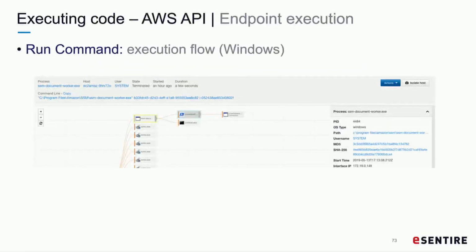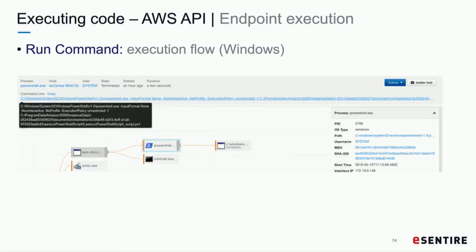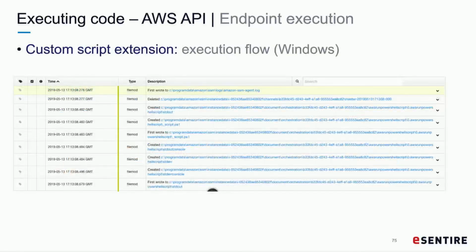The workflow for this is very similar. The SSM agent executes PowerShell, which then calls the PowerShell script. Again, because it's a script, we only get visibility into the script executing. We don't actually see what the code was on the back end. This also drops to disk. So we have data on the disk itself, but if the bad guy appended a delete function on the end, we'd be screwed to be able to find that.